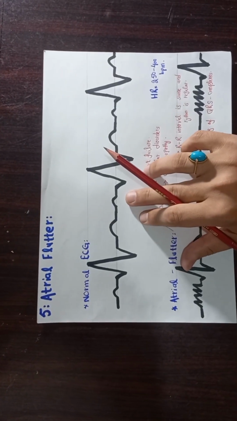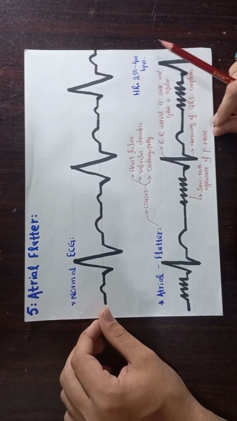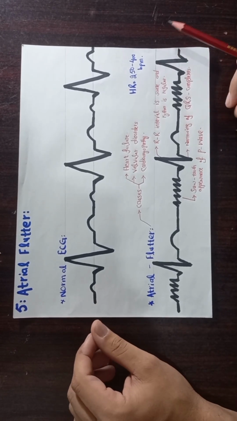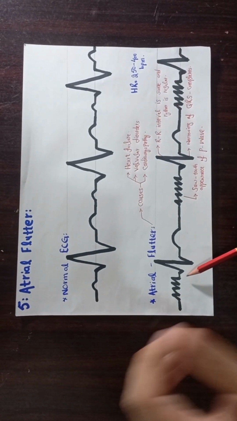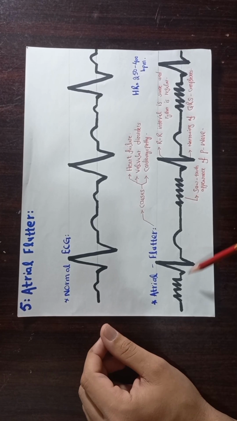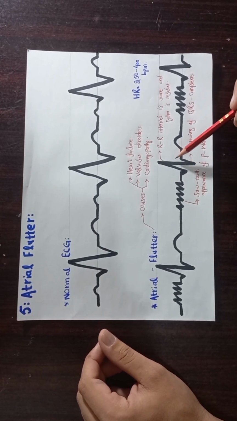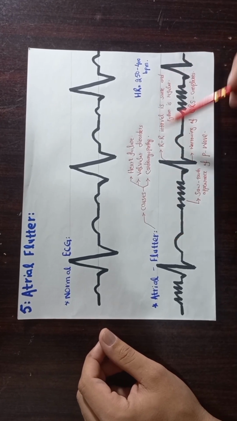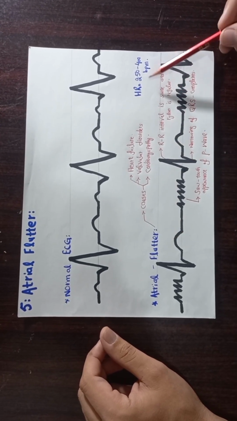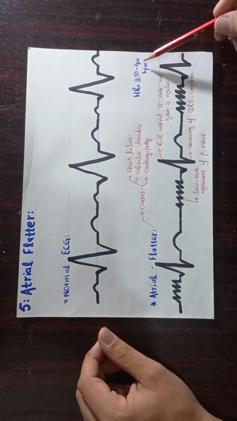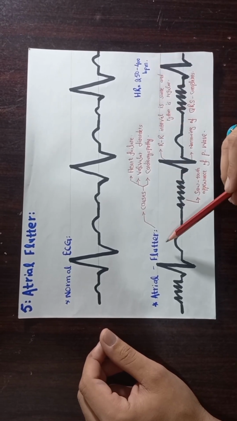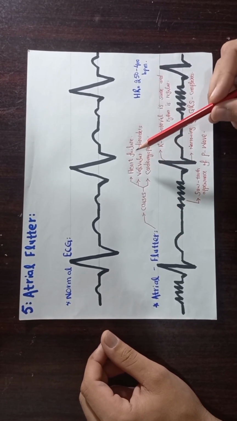After that, atrial flutter. In atrial flutter there is no P wave, but instead of the P wave there will be a sawtooth appearance, narrowing of the QRS complexes, and the R to R interval will remain the same and the rhythm is regular. The heart rate will be 250 to 400 beats per minute, and the causes of atrial flutter are heart failure,